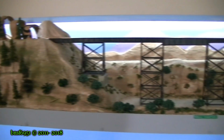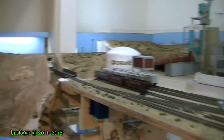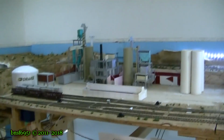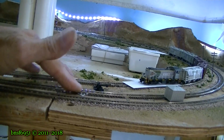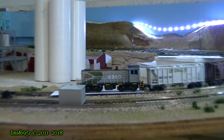And now we come across, well, not yet. There's a track in the back that continues from there, goes around the backside of this mountain, and comes out here. And our next stop is going to be coming out over that girder bridge and into Drake cement country. Now I put the structures I have built up there for now, just so you guys can see how it's going to look pretty much. But anyhow, we have the main line here, then we have a siding and a runaround track, so we could do switching in the plant without fouling up the main line. The switcher was a gift from Roy Hardwick, Container Man 68, and we'll continue around the backside,